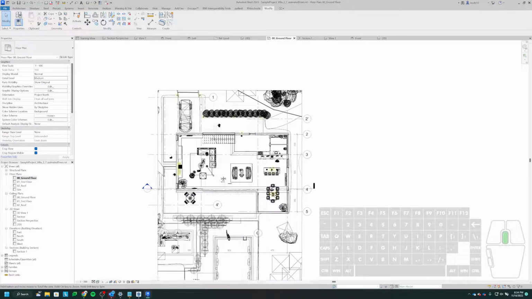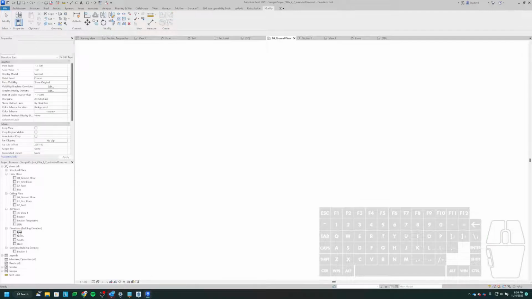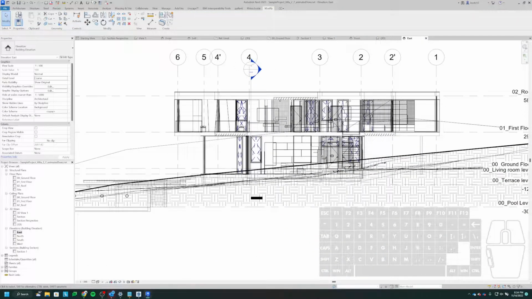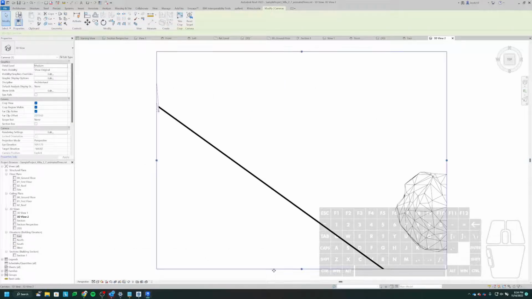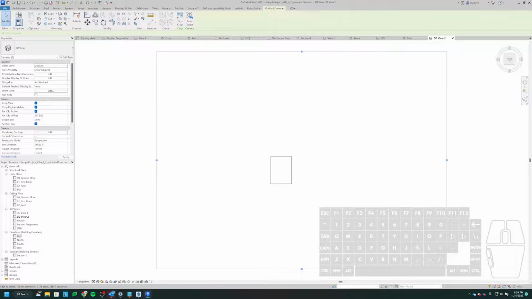So if I go here to my floor plan, let's go to a building elevation, hide in view category, and then create a camera view from an elevation looking down. So now we're looking down at the top of a building, and I can orient to a view, to a floor plan. So if I orient that to ground floor and do the same things that I did for the elevation,